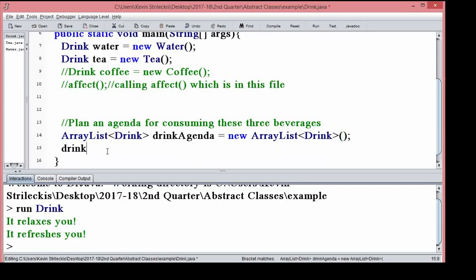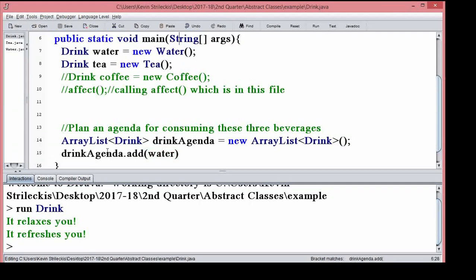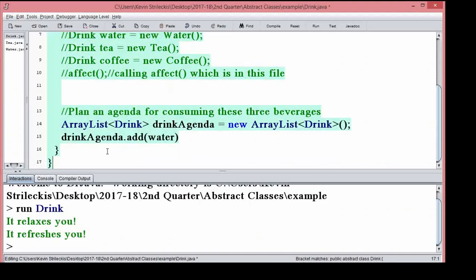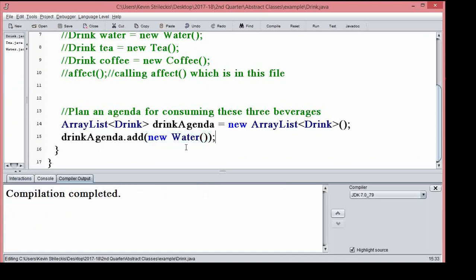And I can start adding to my agenda, and I can say, hey, I'm gonna drink some water tonight. Or even better, this is inefficient and silly. I'm gonna just type it directly into here, just like that bookshelf that we did, and it's gonna work.